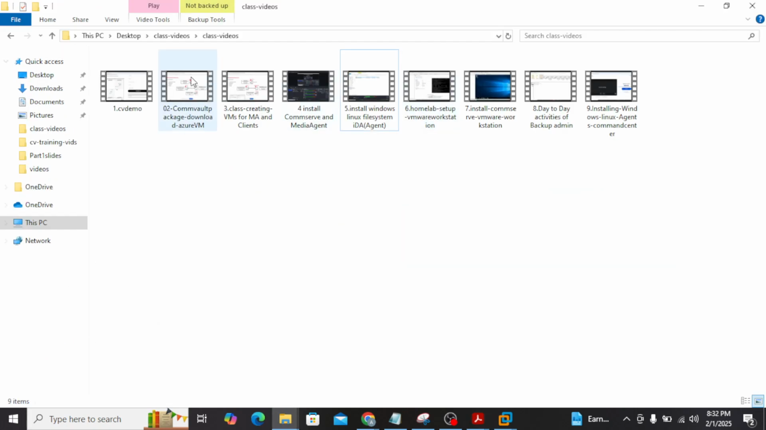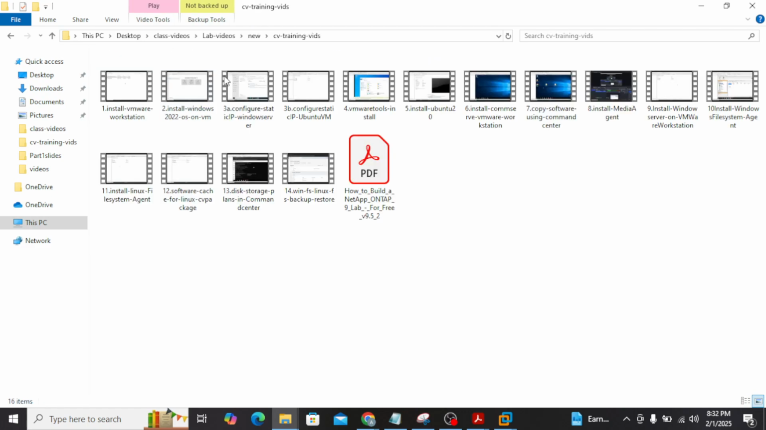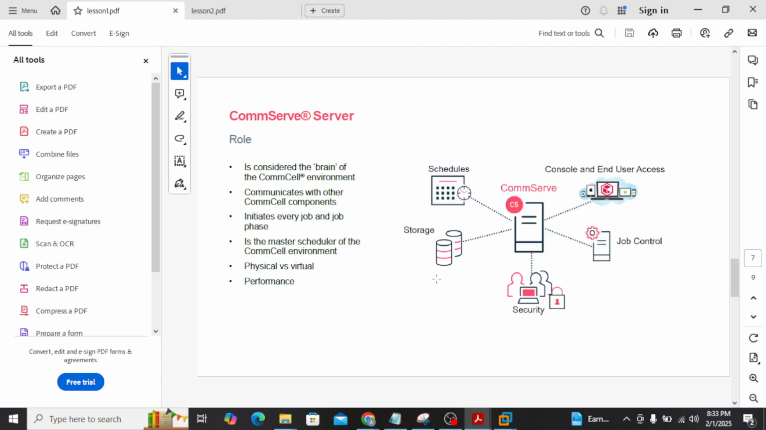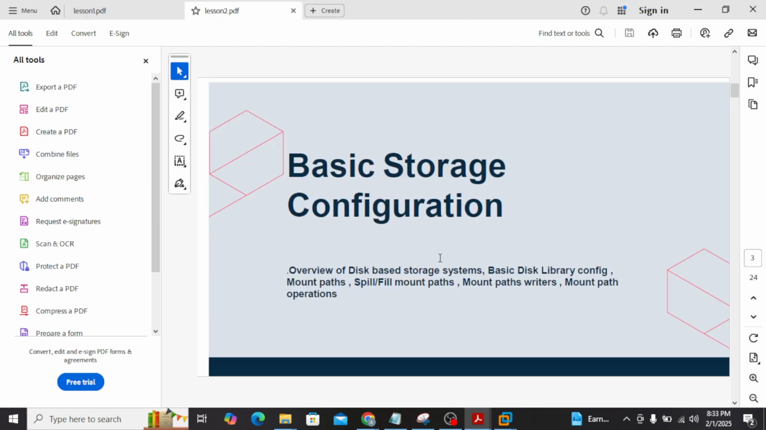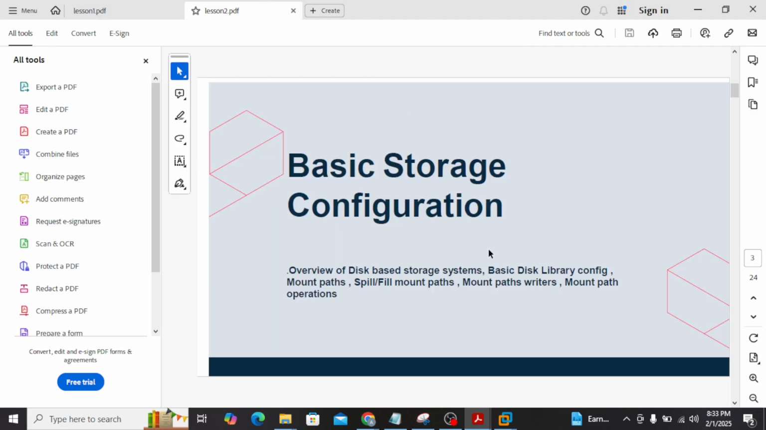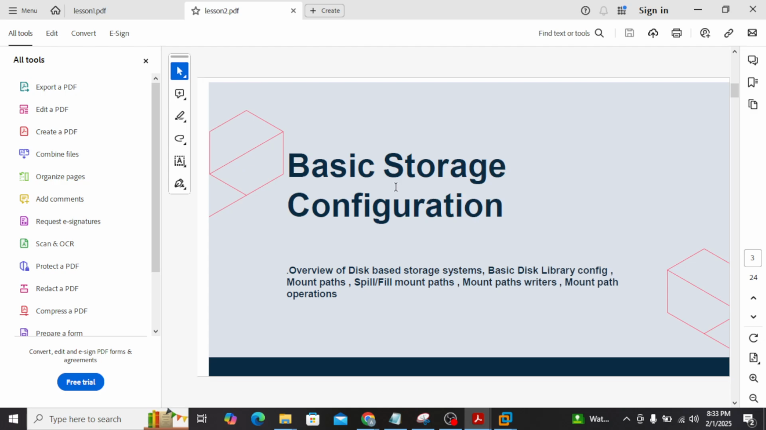So let me play one lab demo. Okay, one more thing I missed. Apart from these things, you also have the storage, right? When I say the plan, the plan is going to write on the storage, right? So you need to know a little bit about the storage. In Commvault, before you even configure a backup set and plans, the first thing you need to do is the storage configuration,